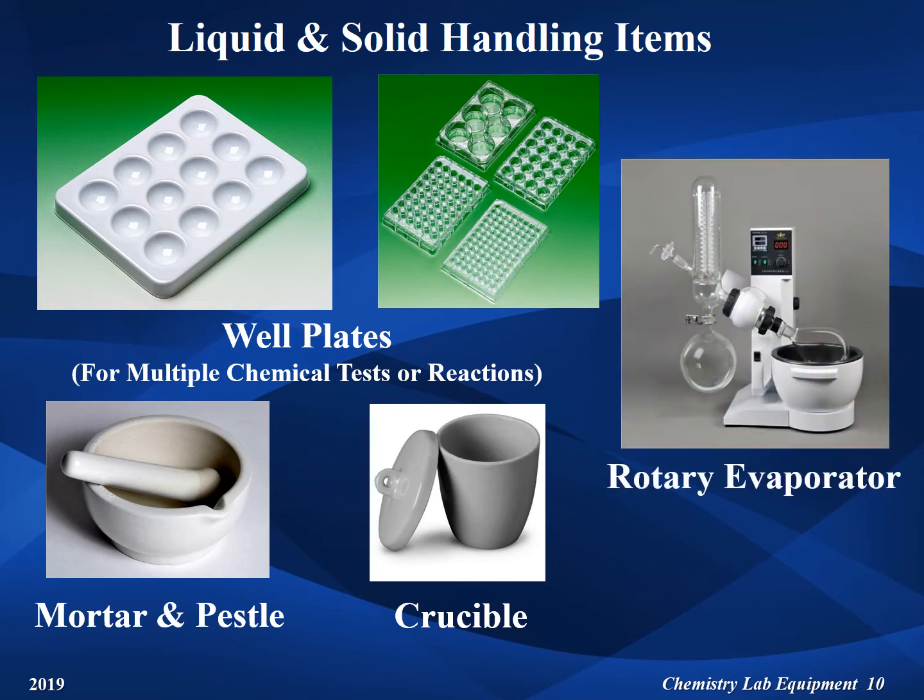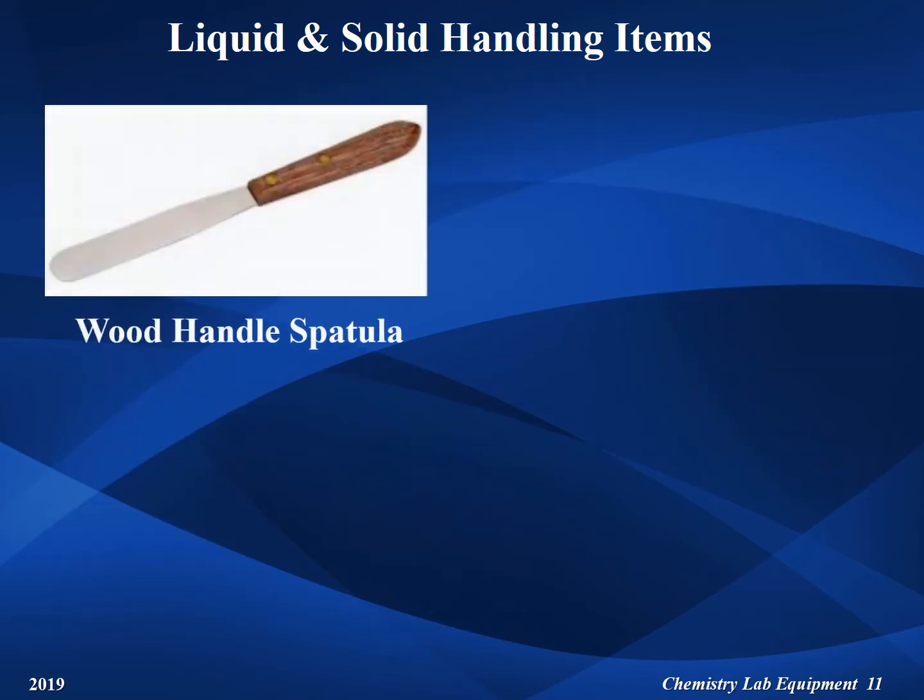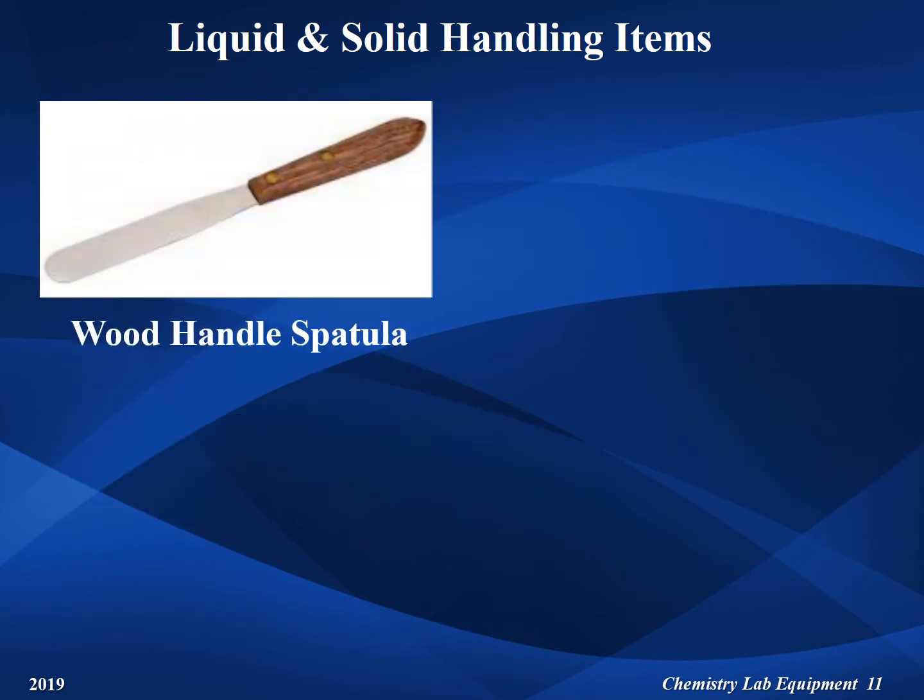The rotary evaporator is used to remove volatile compounds from a solution, using a vacuum to speed up the process. In this photo, the apparatus is set up to collect the volatile liquid that evaporates. Note the Liebig condenser that cools the vapors so they can be collected as a liquid in the flask at the left. Other liquid and solid handling items include the wood handle spatula,